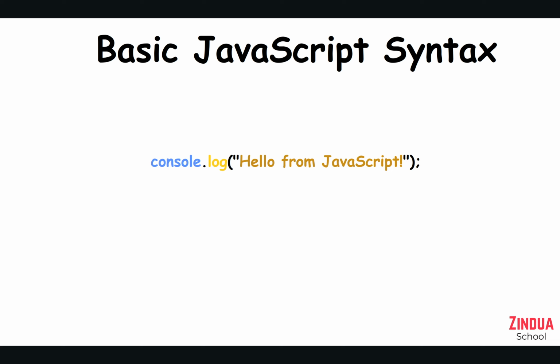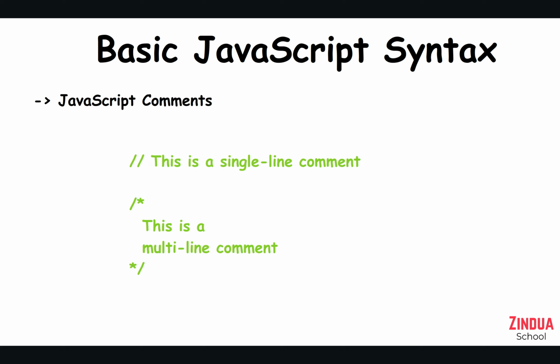Then we have things we call comments. Think of it in this way. At some point, you will have some code that will be very lengthy, and it's in human nature to forget things. So you might write your code right now, and then maybe 3 or 4 weeks later, you come back and you don't understand what is happening. That's why it's essential to have comments. Basically, comments are what they mean in English, just some English statements to help you understand what that piece of code is doing.